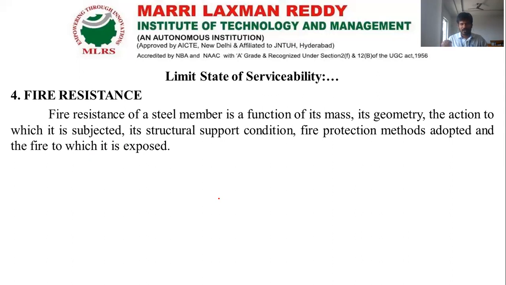We all know that when a member is exposed to fire, it won't fail immediately, so we have to provide fire protection methods in the structure itself. These are all the things related to design requirements for the limit state design of steel structures. Okay, thank you all.